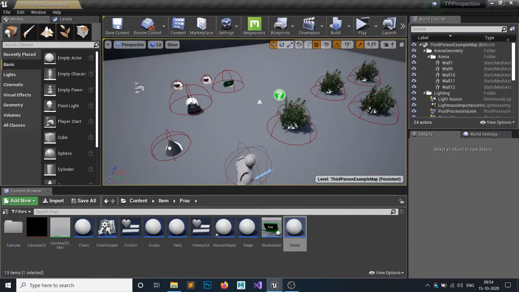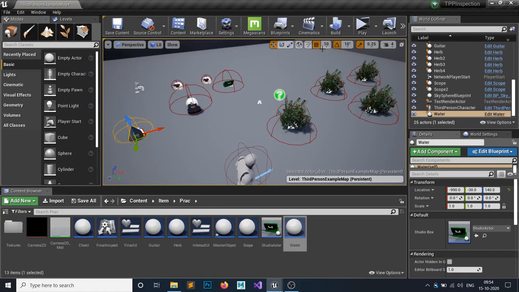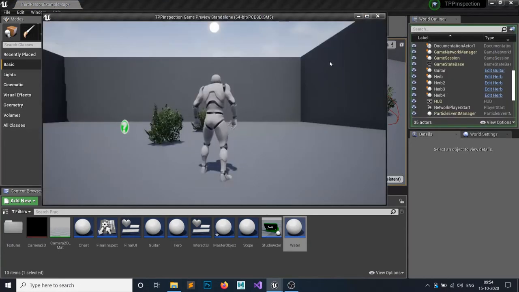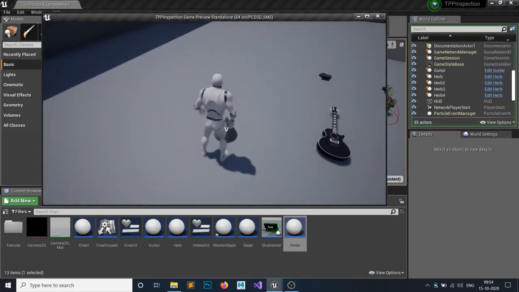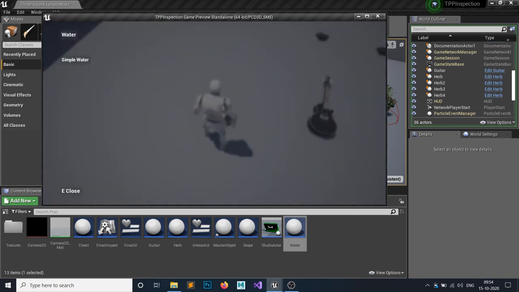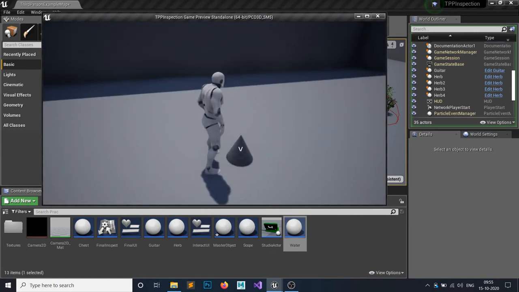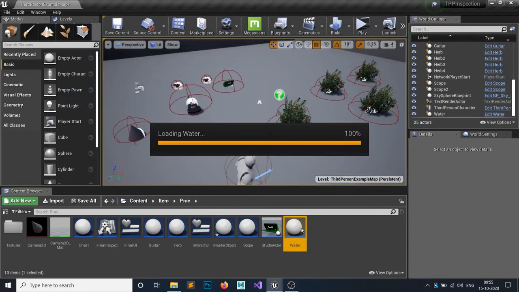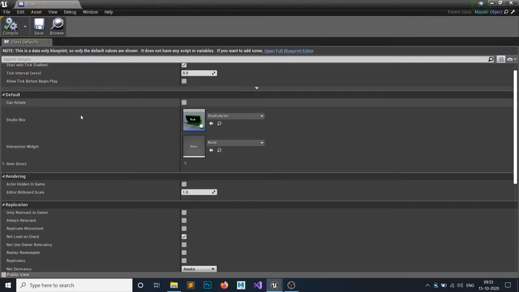So let's add water in our game. If you play, we have our water. We can inspect it. This is not looking so good, but this is our water. If you hit E, it won't work, because we haven't done this yet.